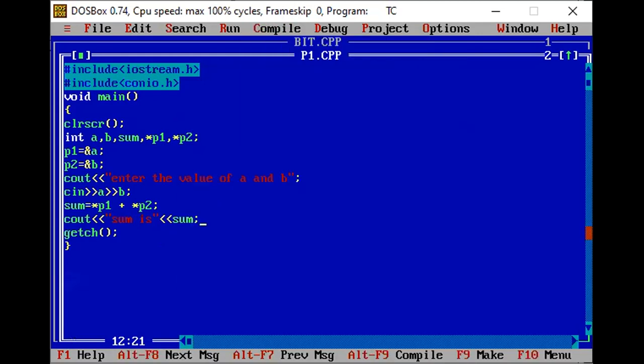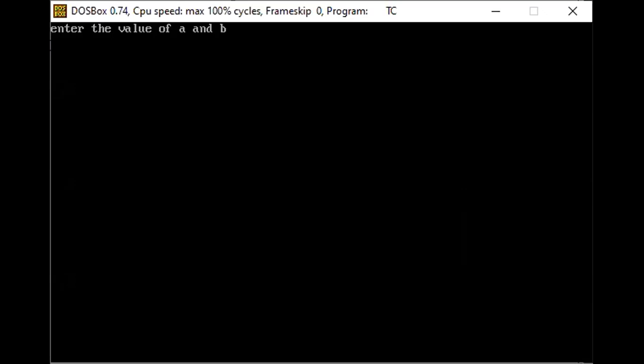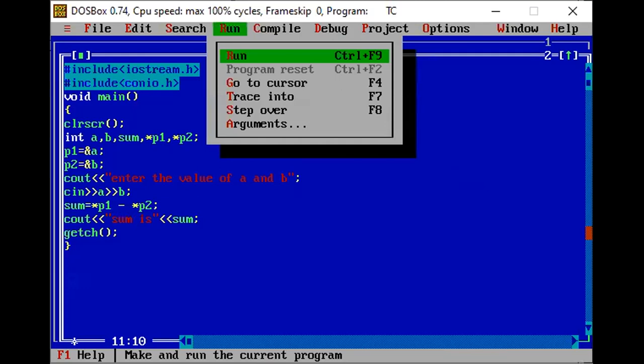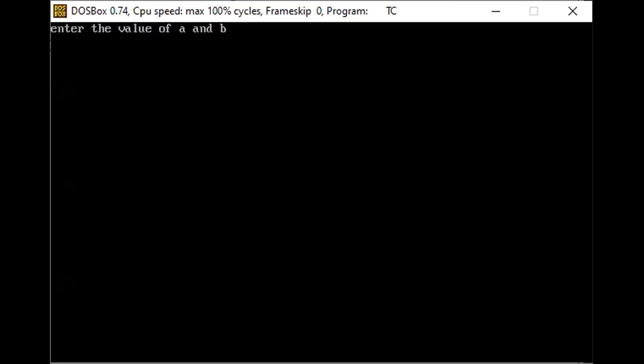Let's compile it. There is no error. Let's run it. It is saying enter the value of A and B. I will enter the values 3 and 4. The sum is 7. This is the concept of how you can add two pointer variables. You can subtract in the same way; instead of the addition sign, you will use the subtraction sign here. Okay. Now you will run this. Enter the value of A and B. I will enter here 5 and 2. The answer will be 3 here. With this, you can use your subtraction here.